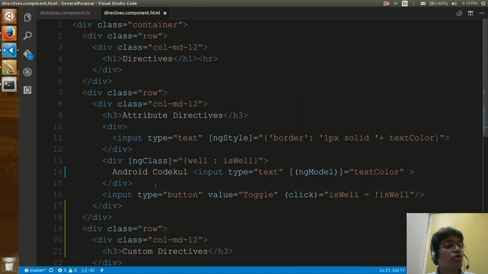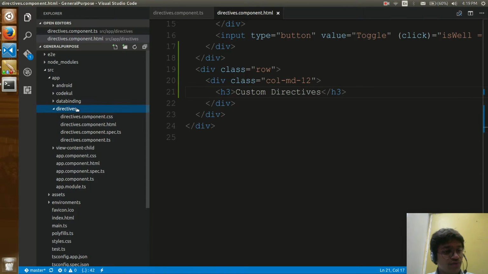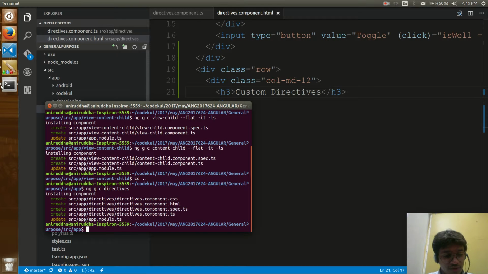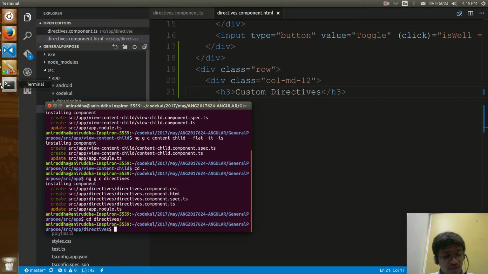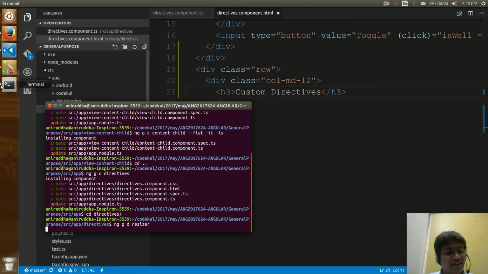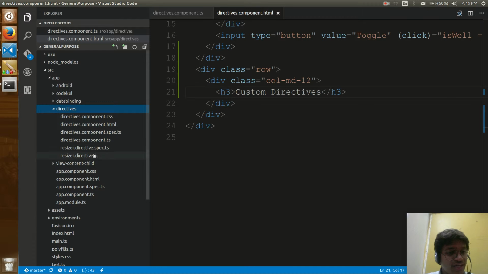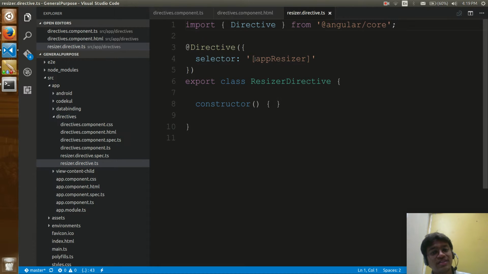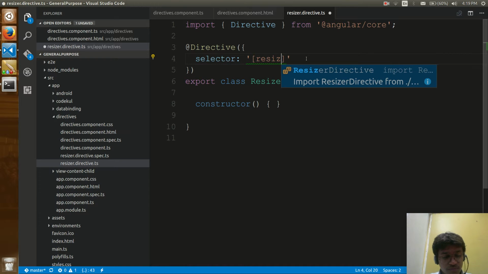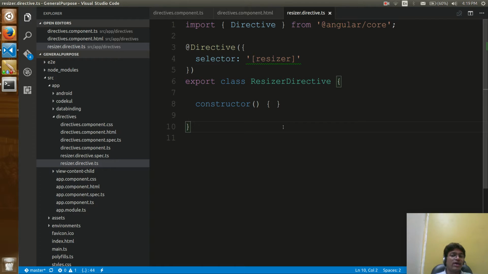I would be creating my own directive now. So in the directives folder, or I can use cd directives, and here ng g d. What I'm doing, ng g d is for a directive, and here I can say resizer. Resizer is the name of my directive. Hit enter, and here you will find resizer is there, right? To the resizer they have attached one decorator which is of type directive, and the CSS selector would be resizer,